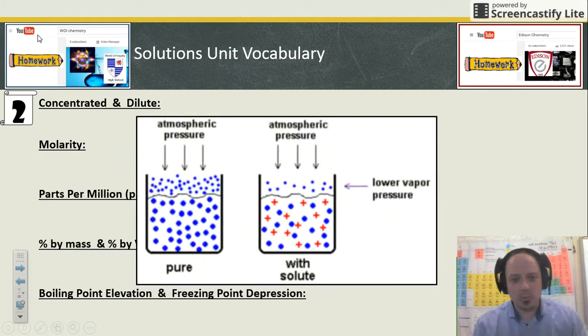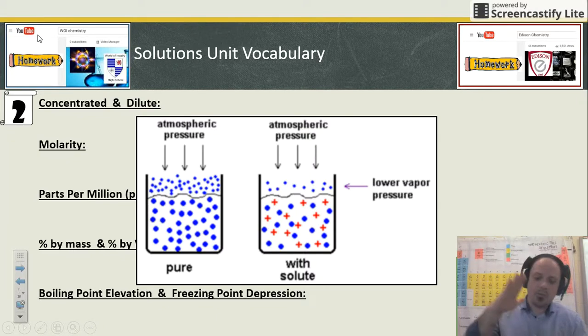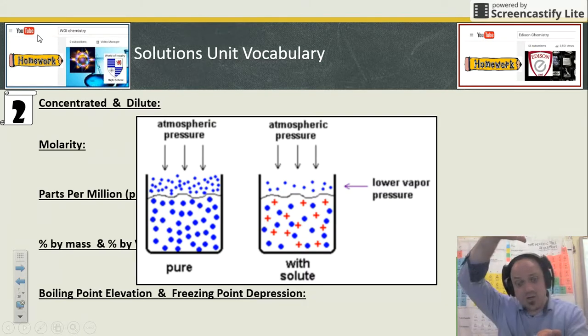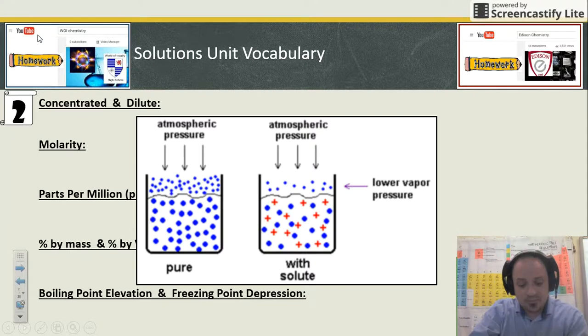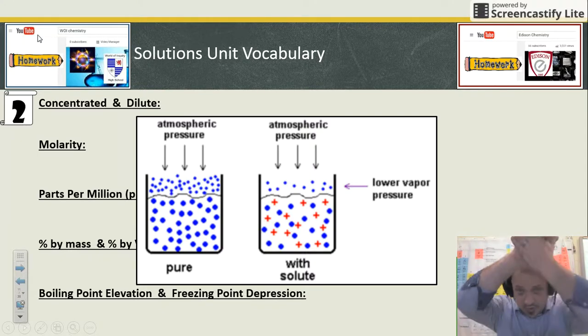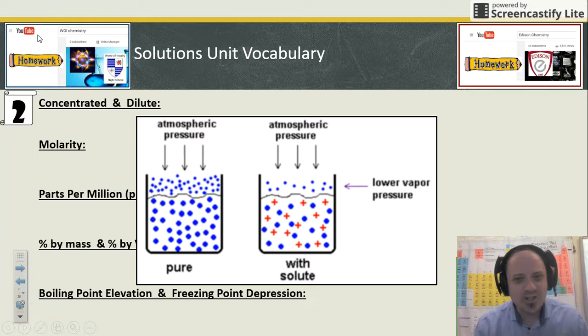And the last word, boiling point elevation and freezing point depression. This is a phenomenon that happens when you add stuff to water. When you add stuff to water, you mess up the push me, pull you scenario of boiling. So the vapor pressure of the liquid always pushes up, and the atmospheric pressure of the earth always pushes down. When vapor pressure beats atmospheric pressure, you get boiling. But when you add stuff to the water, it interferes with that ability to produce vapor pressure. So you change the vapor pressure of the liquid, you're going to change the boiling point of the liquid